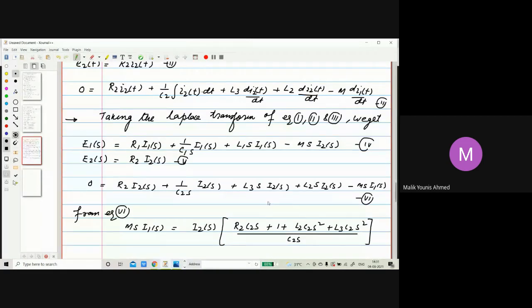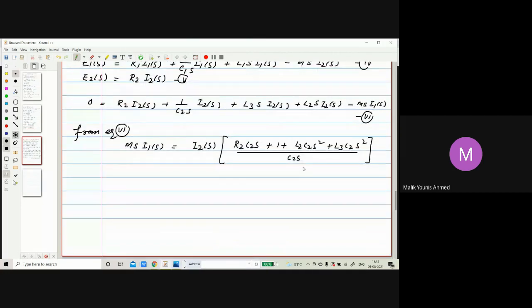Okay, nothing. I have taken the LCM, C2 of S. You can see I have multiplied the C2 of S everywhere. That's all. Simple mathematics. Now further, I can simplify this. Here it is I2 of S, I1 of S. So if I have to get everything in terms of I2, so I1 of S can be written as,